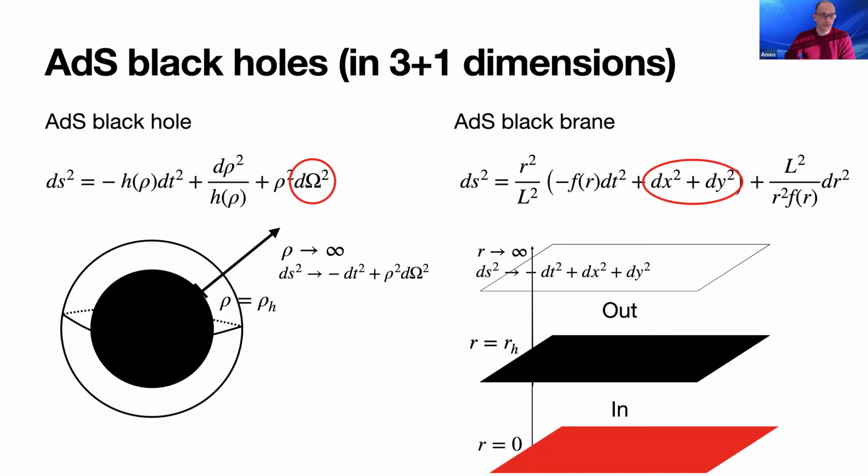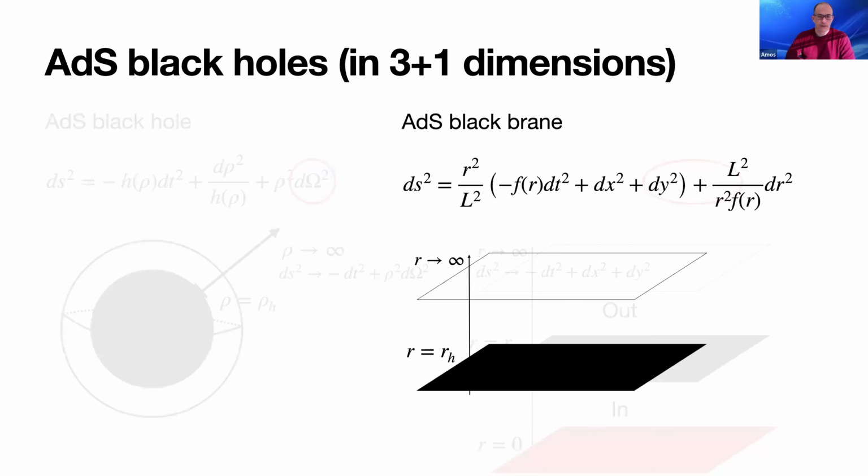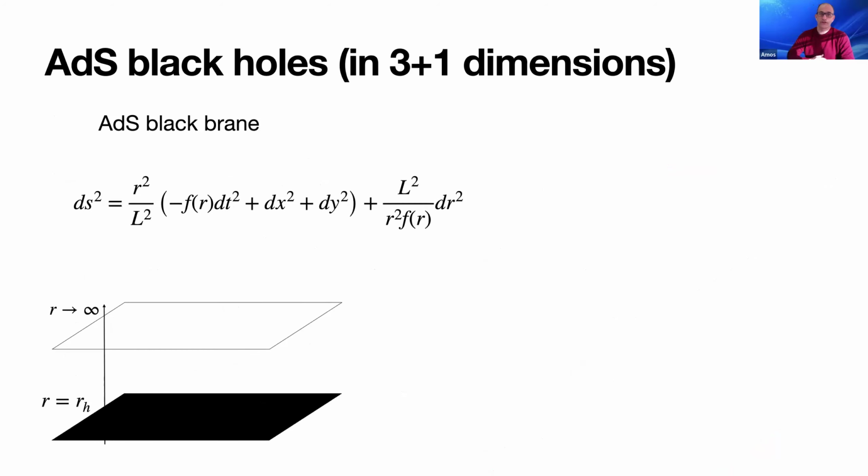Okay, so even though in astrophysics we're interested in black holes, here I'm going to be interested in the black brane solution. The reason I'm interested in this black brane solution is because this is what's going to be related to hydrodynamics. Astrophysically, there's no interest in asymptotically anti-de Sitter space or in anti-de Sitter black holes, but here, for reasons that I want to explain, they are interesting.